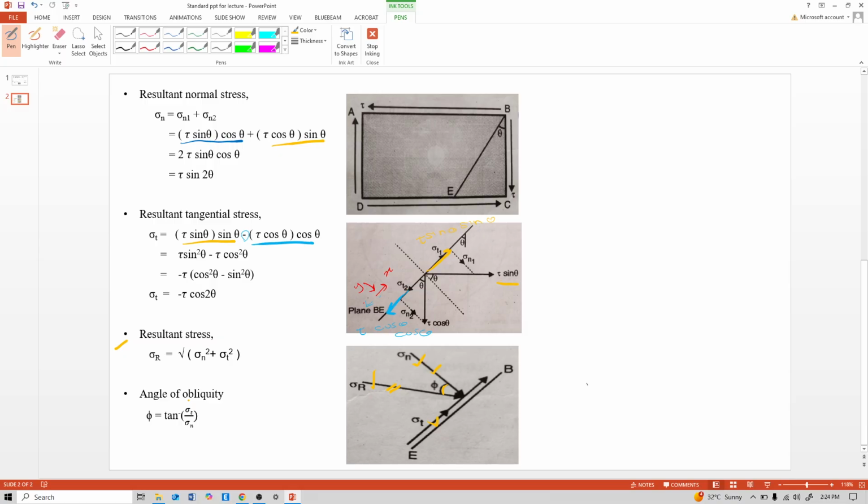Now the tangential stress sigma t is maximum when sine 2 theta is maximum, and the maximum value of sine 2 theta is